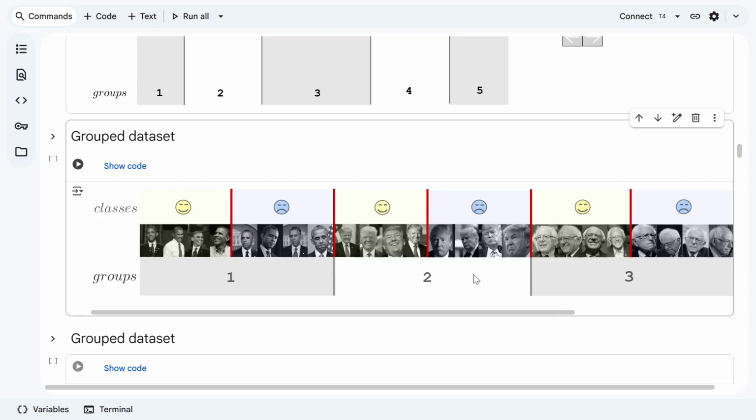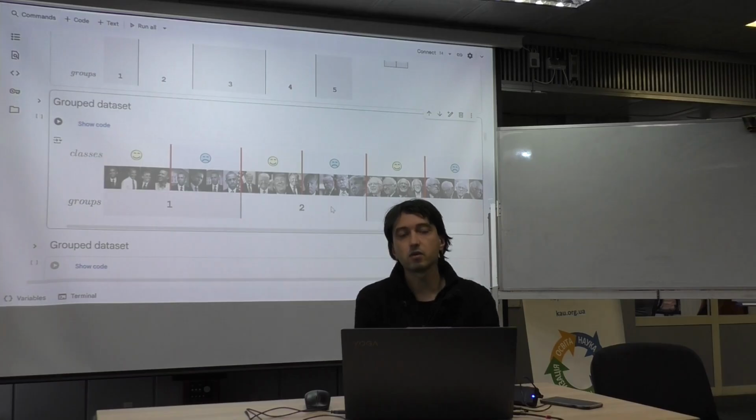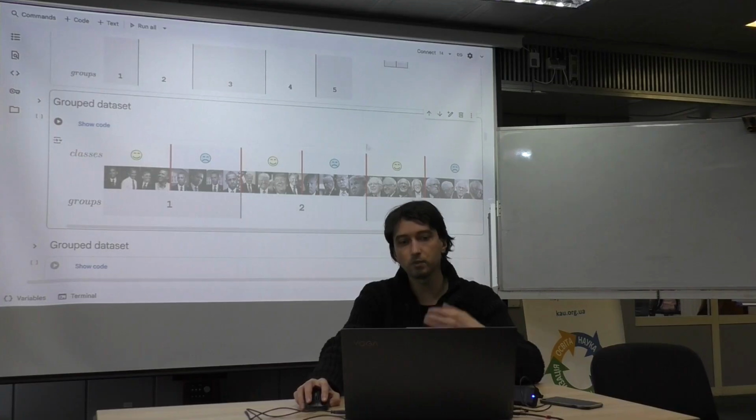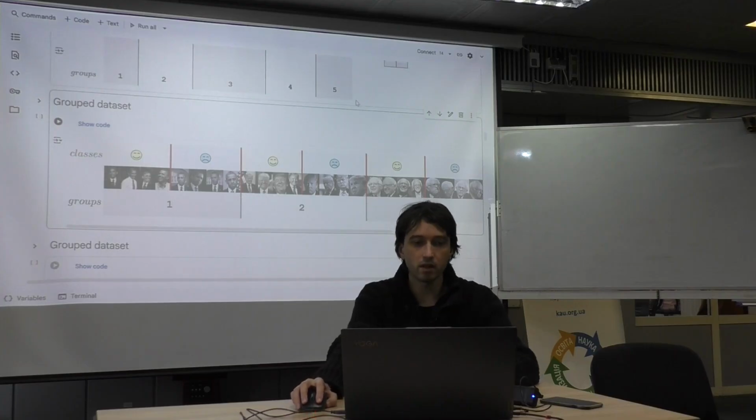Now, what's so interesting about the groups that we might want to use them? Once again, we return to the problem of what we want from our neural network. We want generalization. So what does generalization mean in this case? It means that the neural network is able to detect whether the person is happy or not, independently of what kind of person this is. So any human being I show to the neural network, it should be able to detect whether that person is